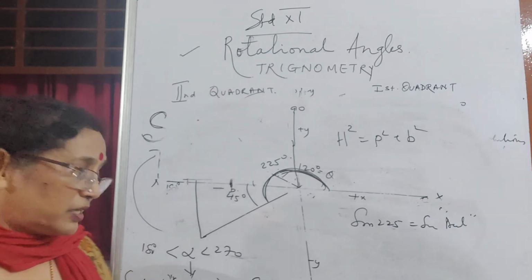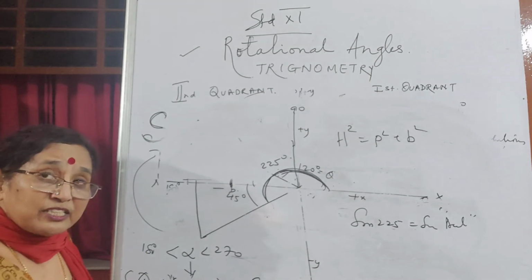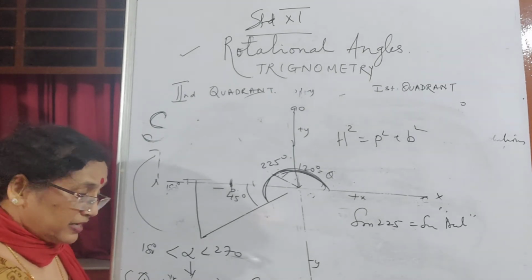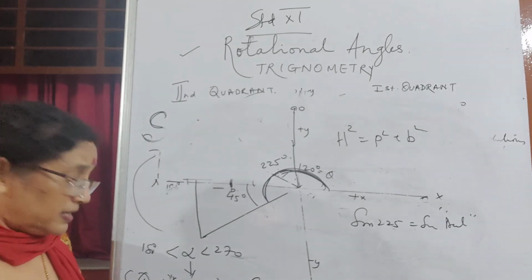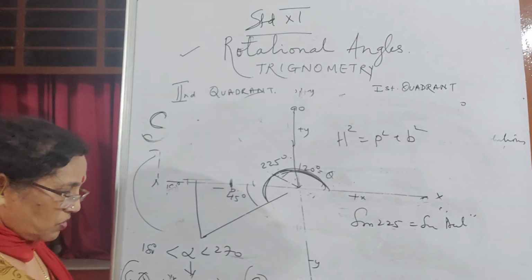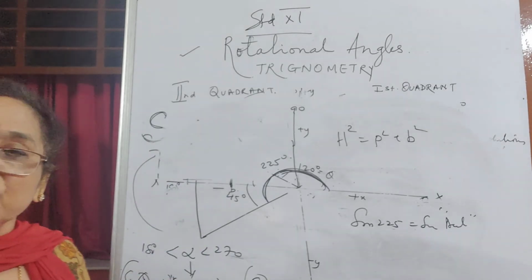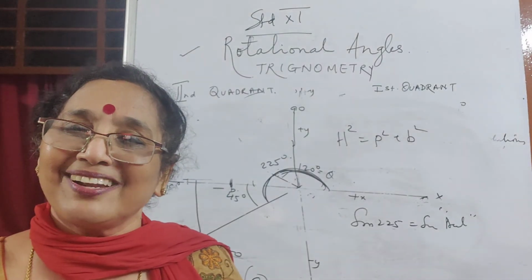One thing to remember, children: if you split that angle as an excess to 180 plus or 180 minus, 360 plus or 360 minus, the name won't change. Sine stays sine, cos stays cos, tan stays tan. Only the sign will be different. And that you can know now without learning it by heart.